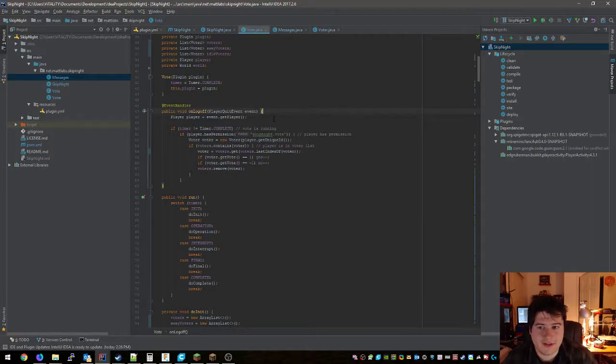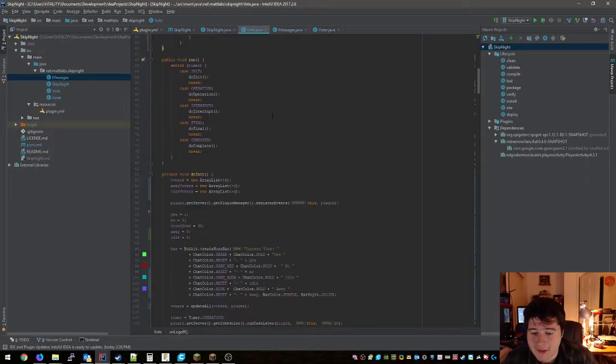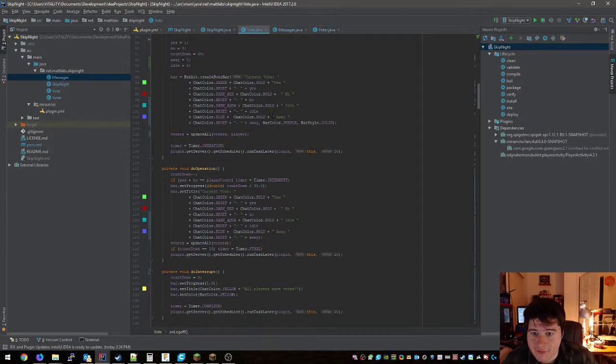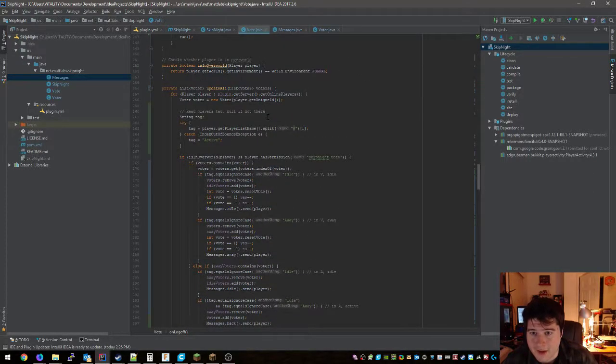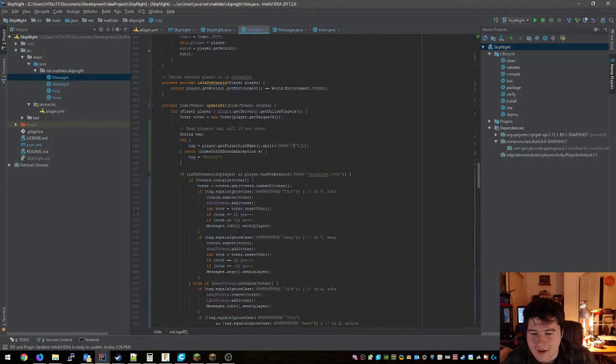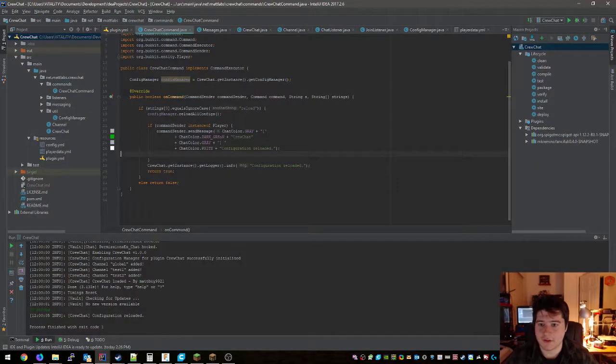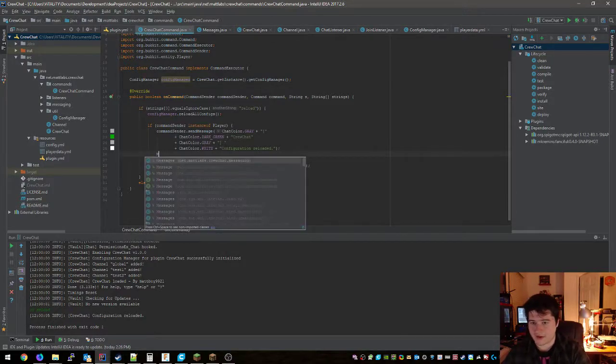Back to this. Let's see here. So we have to look at something that gives us a message, and that shows up in the update all on here. So one of these, messages.whatever.send and then the player. So to implement that here, we literally just do messages dot